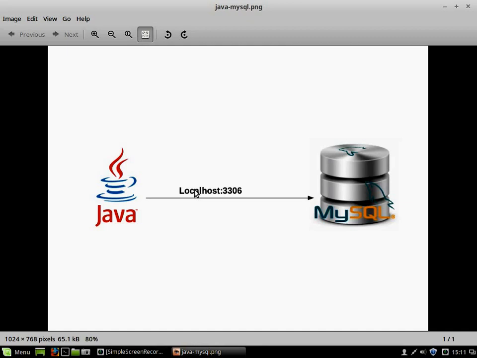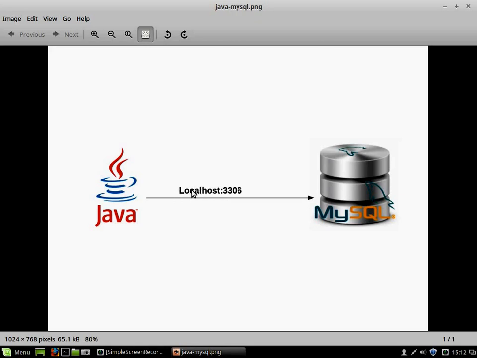that is running in our own machine, we need to use the IP address as localhost. The second part is 3306, a port number where MySQL runs. 3306 is the default port number which is occupied by MySQL during the installation process. In case MySQL or any database is running in another machine, instead of using localhost, we will have to use the IP address of that particular machine.